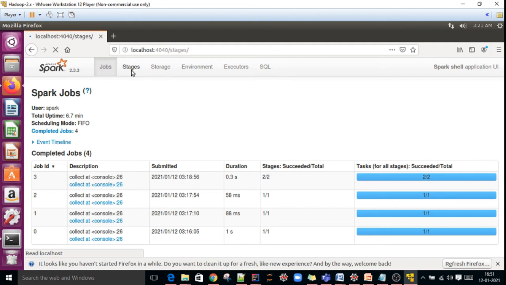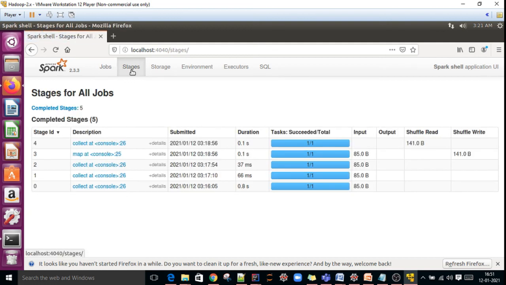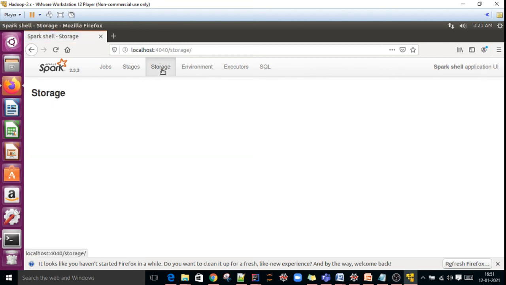And the stages: how many stages we have in our program, all the stage information we can see here. Storage, nothing I think in this storage.